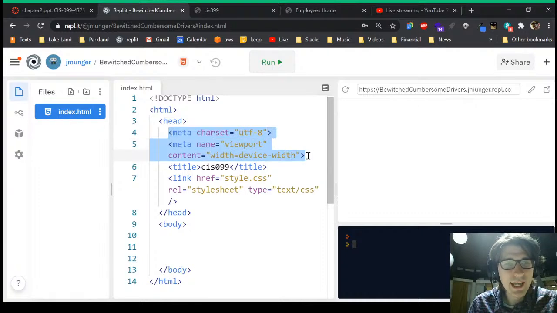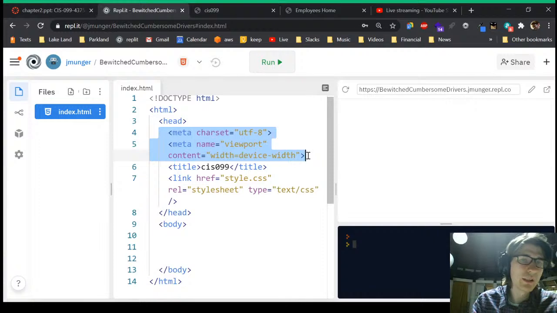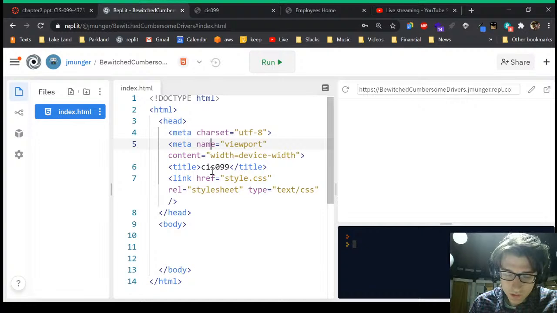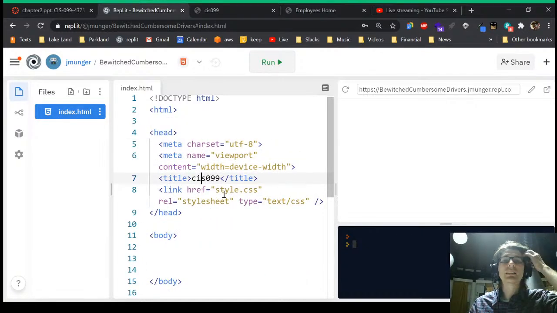And you can press tab to indent them one level, or shift tab to go out one. So you can move multiple lines. That's very helpful. The other thing is, you can also just right click in here and do format document, and it will automatically